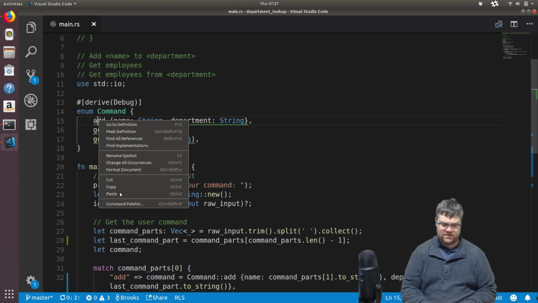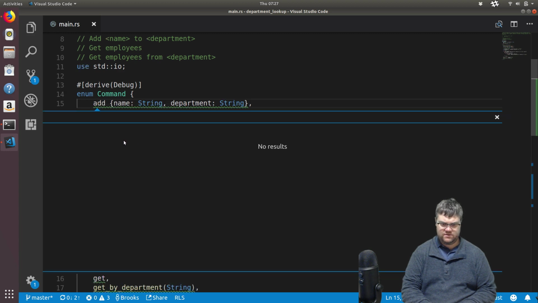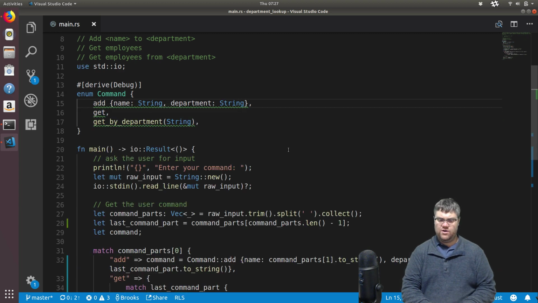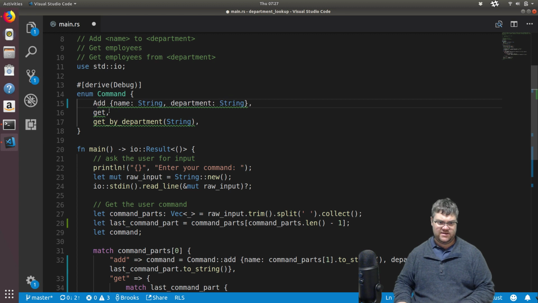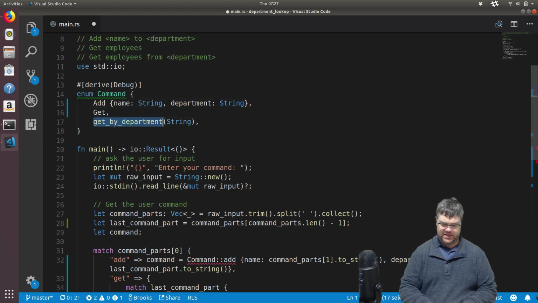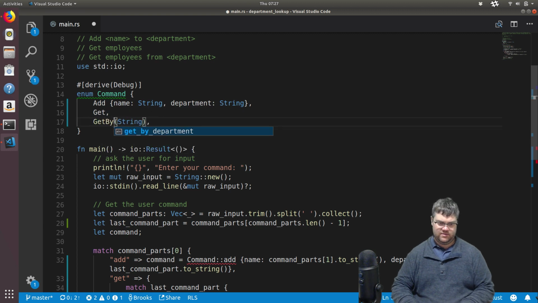Format doc. Find all references. No. Okay, I was hoping there would be some kind of refactoring here where I could change this here to an A, to a get. You're gonna be a get by